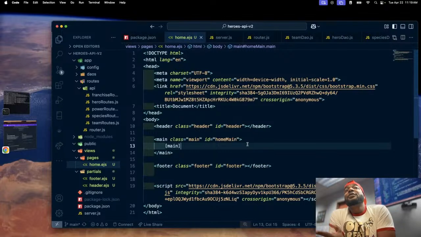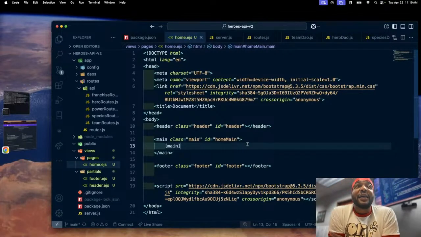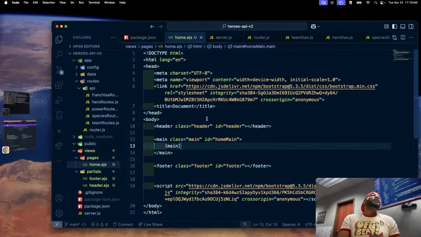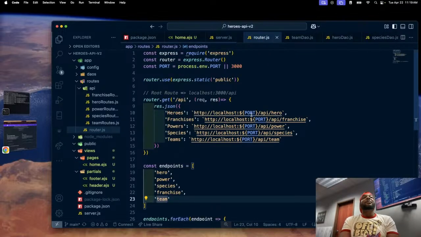And then what I'm going to do is we're going to go to router.js, configure it to where it connects, and then we'll come back and start adding content or configuring the content, if you will. So here we got this inside of home.ejs. We'll come back to this. We're going to pause. We'll come over here to router. And we can see right here in our